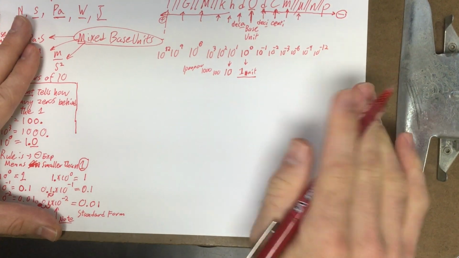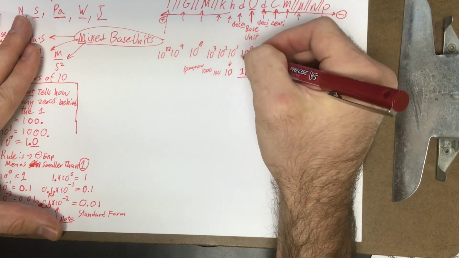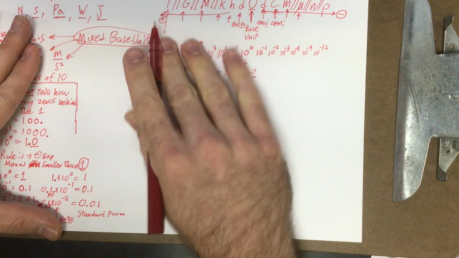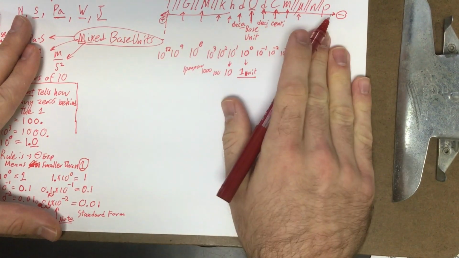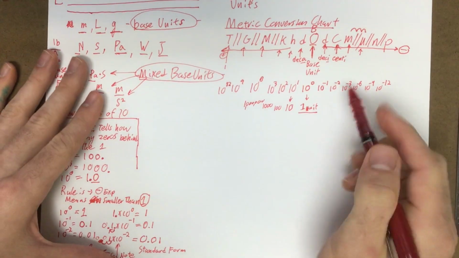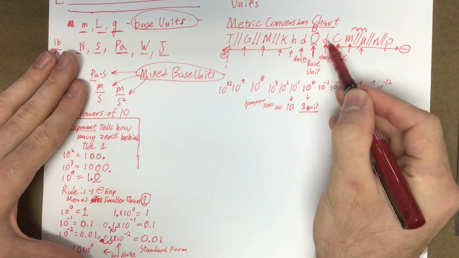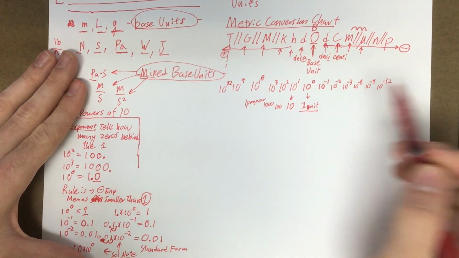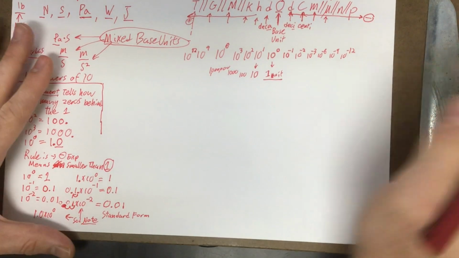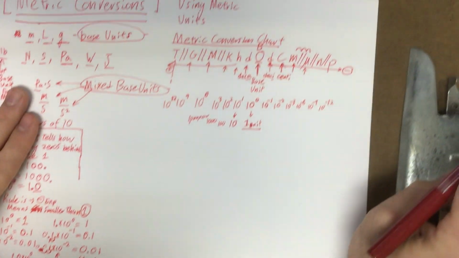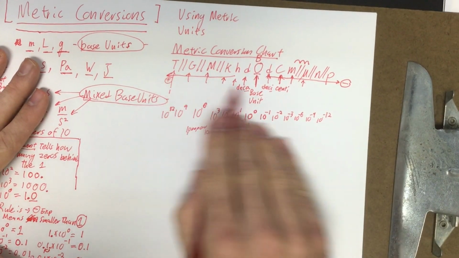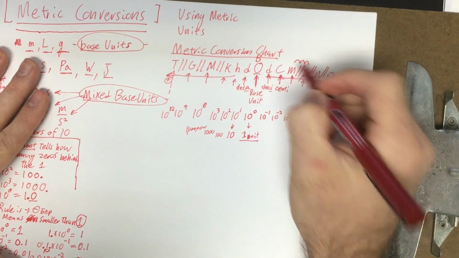Okay? So that's the reason why we have this base unit, okay? So what I just want you to think about right here is why this base unit has the 0 right there, okay? Okay, and when we do metric conversions, we always have to go back to this chart. We always have to go back to the chart. And we always have to do these skips,